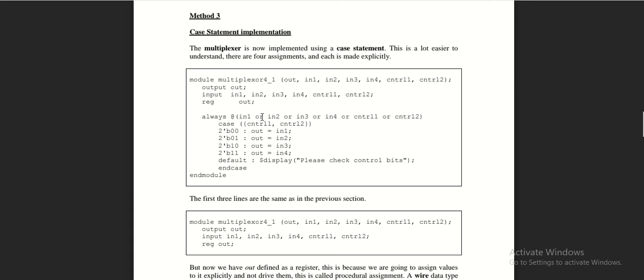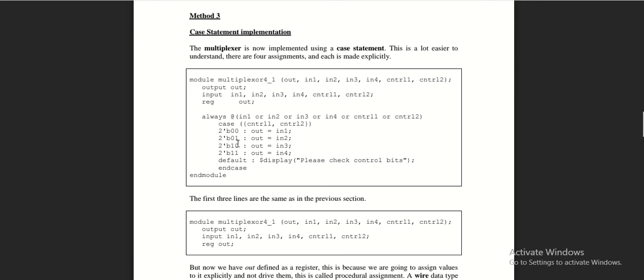So basically these are the inputs, and then we use the case statement. For the case statement, our input is always control 1 and control 2, because these two lines are changing the output. They are going in every AND gate, and they are responsible for the change in the output, for the selection of the input that appears at the output. So for control 1 and control 2, we have 4 different combinations. The first one is 0 0, where control 1 is 0 and control 2 is 0. Then the output is assigned input 1.